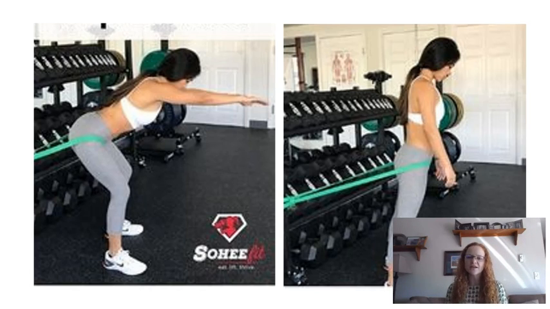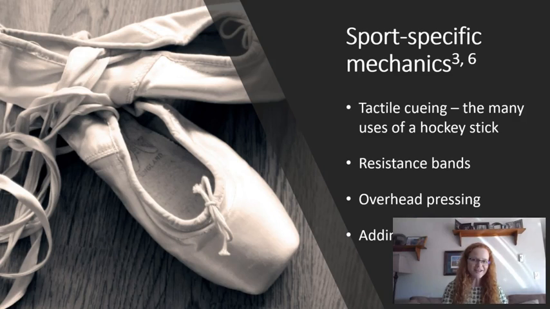She had a really hard time returning from a forward lunge without extending her low back. So the hockey stick, again, was really, really helpful. The band is getting into some more sport-specific training. With a band, you can start working on adding speed and power, working toward that hip snap that's required for cleans and kettlebell swings, but the band slows you down. So you're doing it in a slow, controlled way, but you're teaching that movement before you add the speed and power. So pretty useful. Back to my original slideshow.